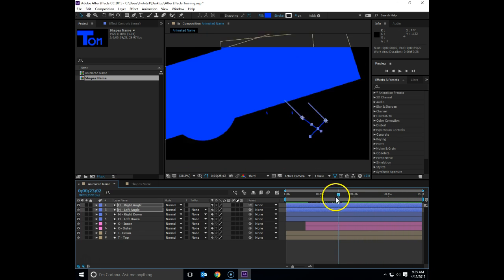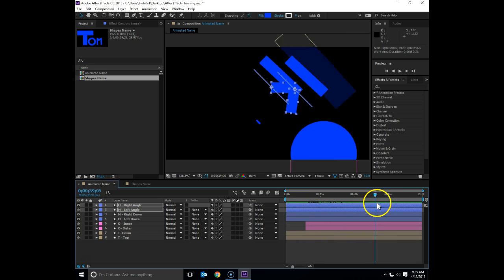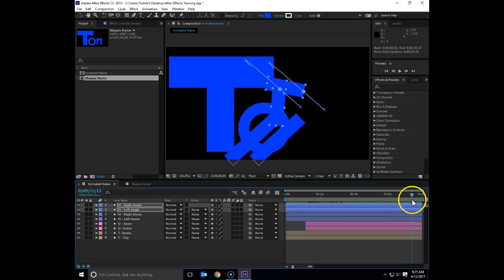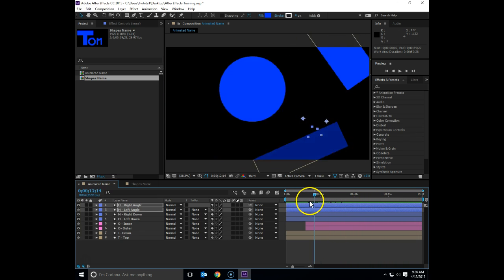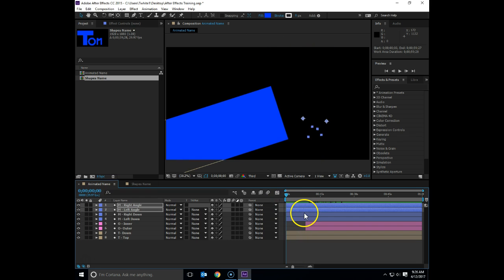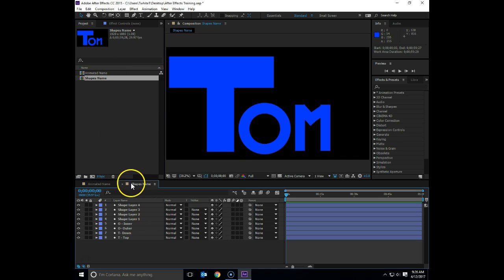All right, so that's it backwards. Here it is forwards again. And I'm just scrubbing the playhead as opposed to letting it play in real time and making you watch it for 1 minute. You get the idea that everything is moving, and that's what I'm going to expect from your project. So what I'm going to do is take the shape's name composition, I'm going to double click it, and